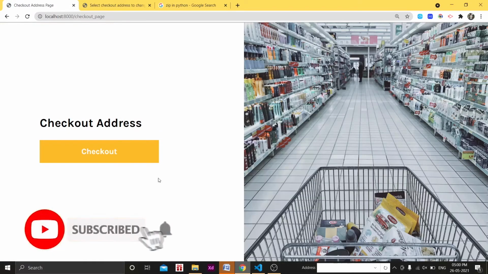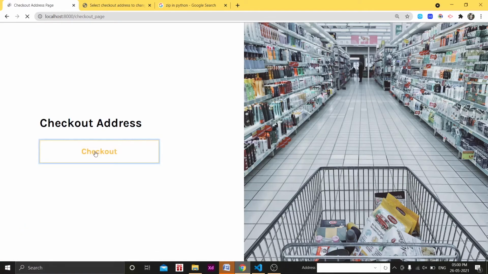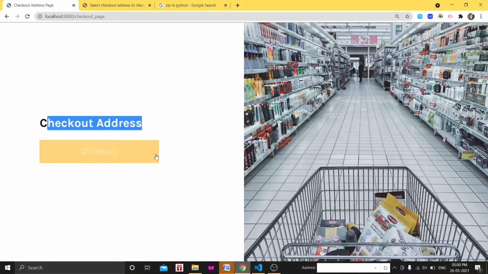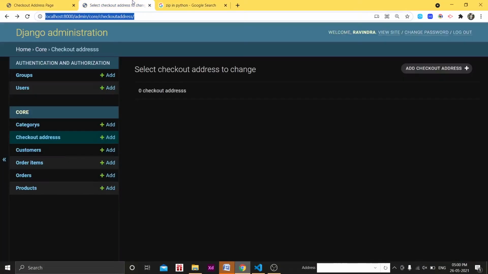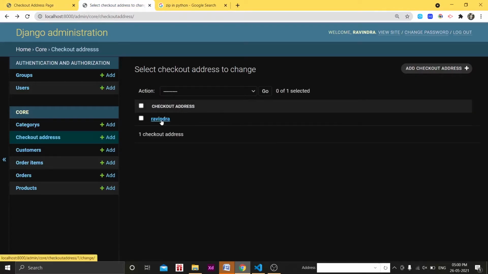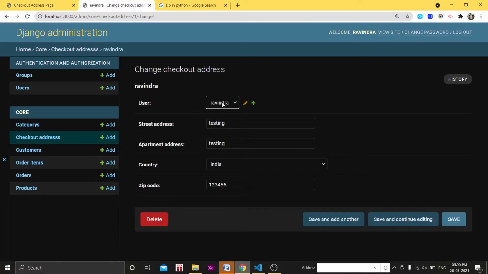It should resolve that. Okay, so checkout address, and we are just writing checkout. Okay, so only one button came here, and here what we can say in the checkout page. Okay, as you can see here, data is stored here. I was logged in and I stored the address as an admin. The street address was testing, country was India, which it has detected. Okay, and zip code was 1 2 3 4 5 6. Okay, so data is stored successfully. Not what we want.